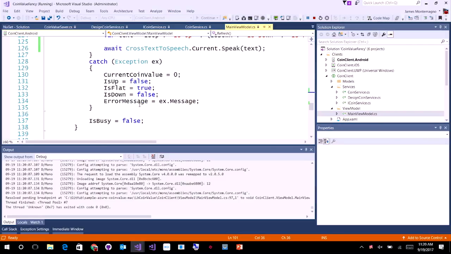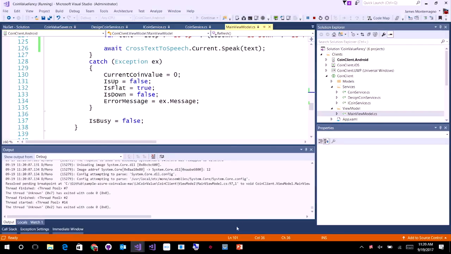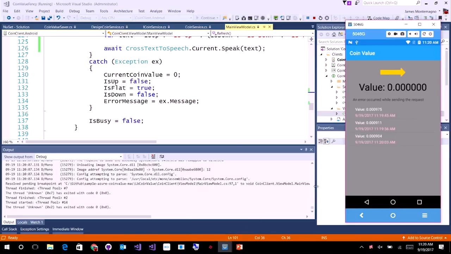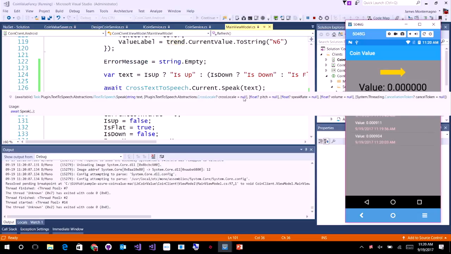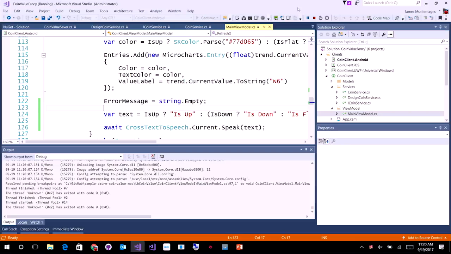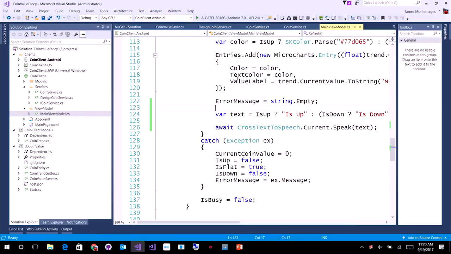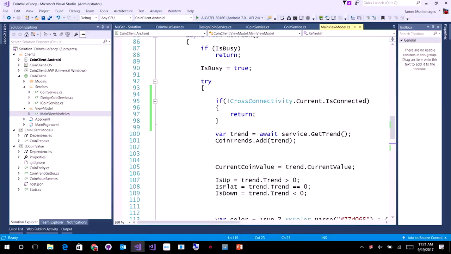So as these start to come through, we should see the error messages and everything should start to kind of stream through again, because I've not only checked for connectivity, but I've also been able to output that back into the application. So we get the error message, we get everything coming back in, and it should start to kick around as it speaks back the application. I can stop debugging, start debugging, and with actually just a few lines of code, I've gone in, checked for